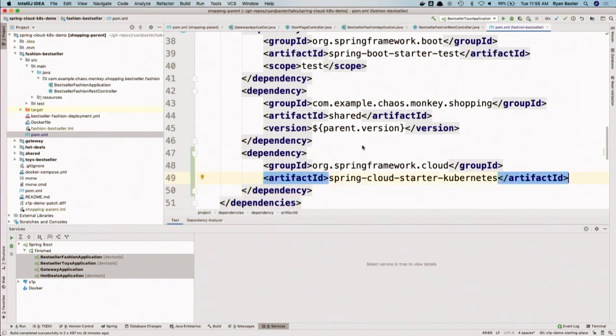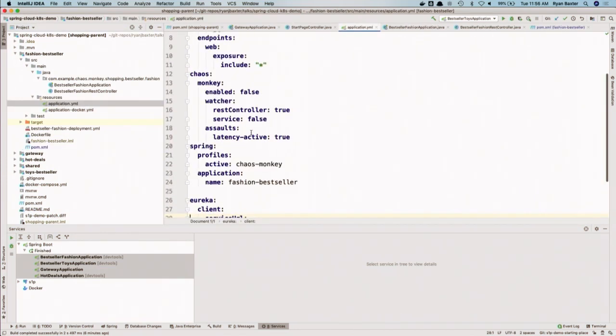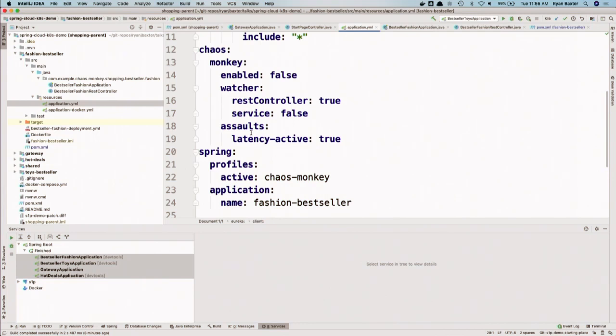And when this starter is on the classpath, one of the things it's going to do, that Alex had mentioned, is that it will automatically detect when it is running in a Kubernetes environment, and it's going to enable that Kubernetes profile. This is going to be important for transitioning things from one environment to the next, right? So right now, we run the app locally, and we want to run the app in Kubernetes, right?